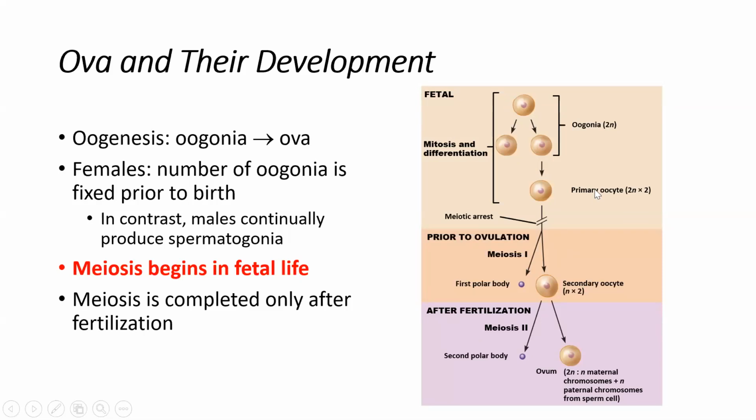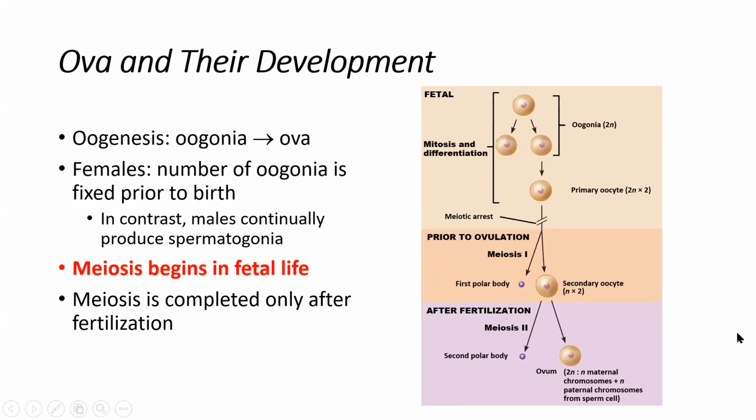So meiosis starts in fetal life for females. A female child is born with a set number of eggs. Again, that's the theory at this time. And each of those eggs is arrested in the first meiotic division. So meiosis has two divisions, and a primary oocyte is arrested or stopped during the first of those